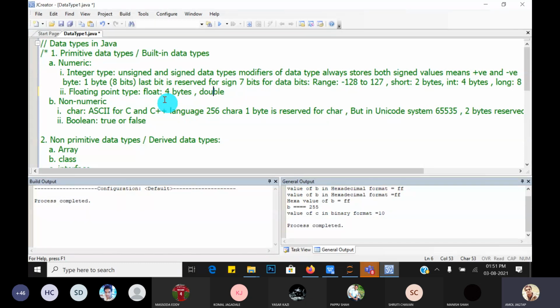And for double, how many bytes are reserved? 8 bytes are reserved. By default, a floating point value is considered a double. And if you want to make it a float value, you have to write f, small or capital, at the end of the number as a suffix.